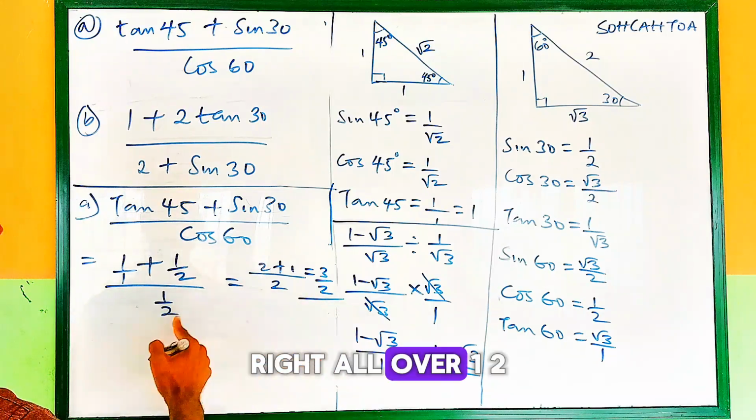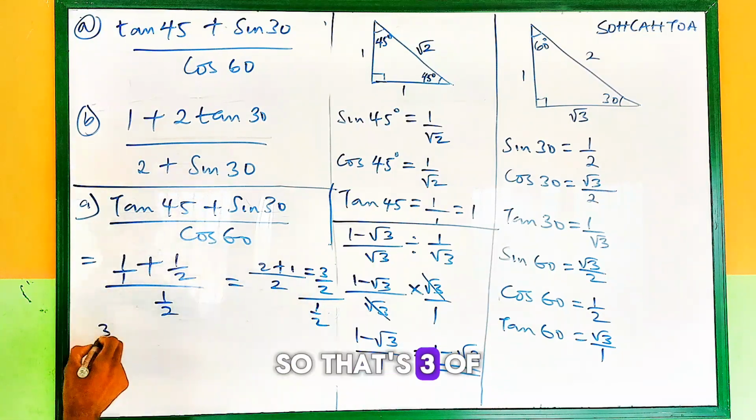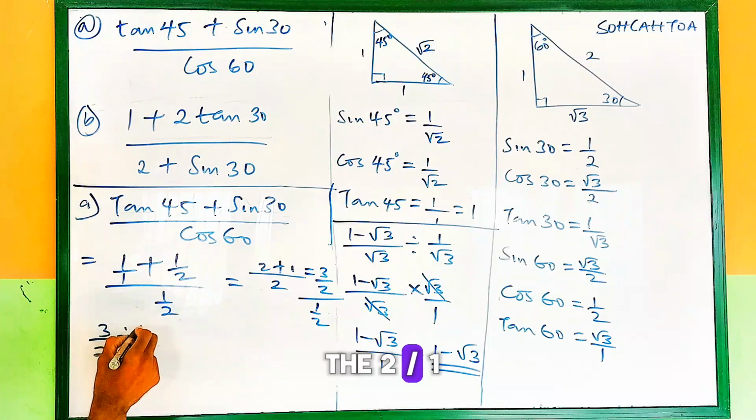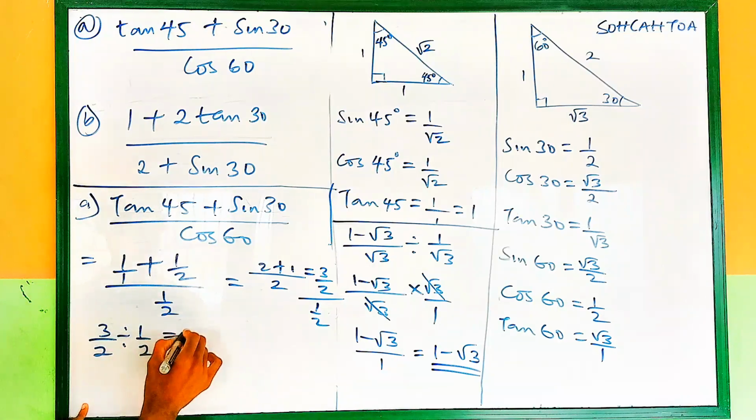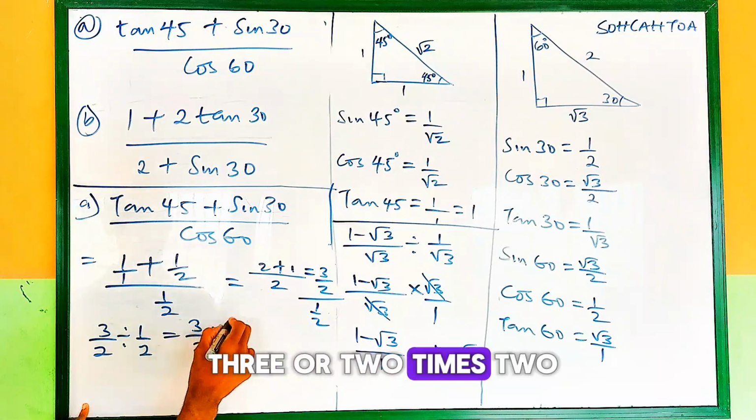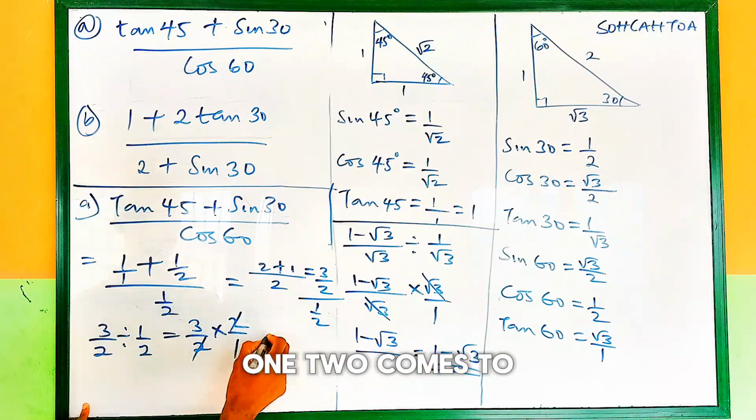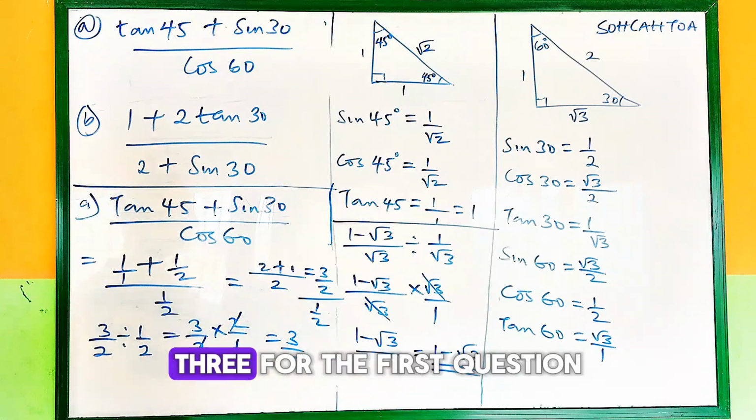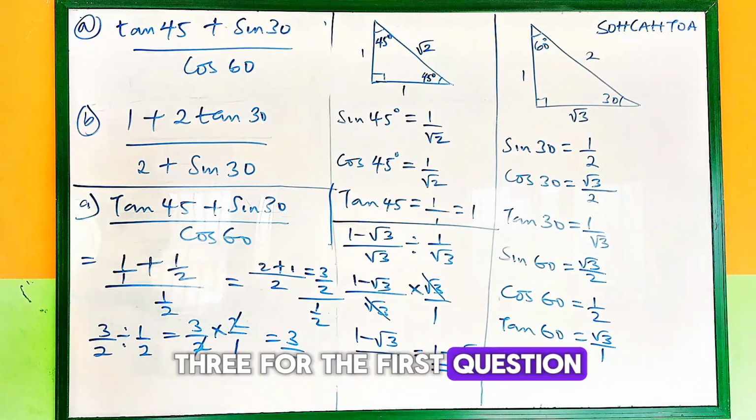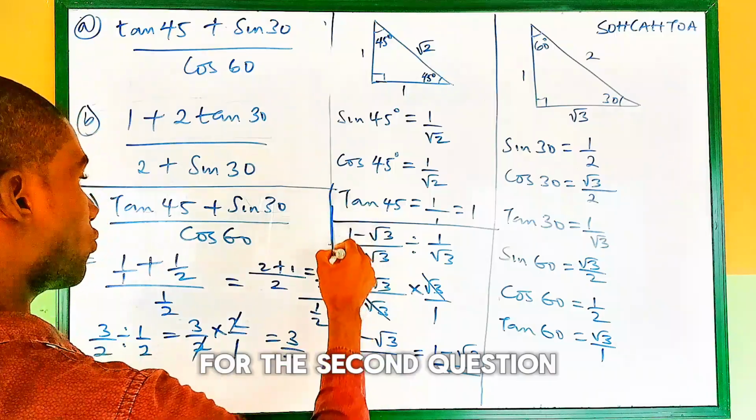All over 1 over 2. So that's 3 over 2 divided by 1 over 2. That's going to be 3 over 2 times 2 over 1. 2 cancels 2. Our final answer is 3 for the first question. And for the second question,